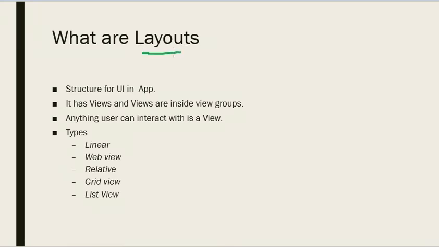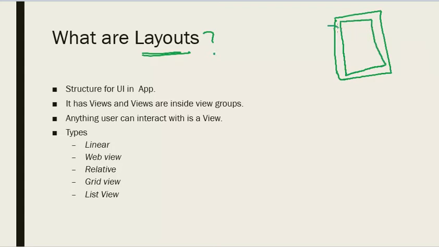So what are layouts in Android? A layout is actually a structure in your activity. It's in an XML format, and it's the structure in your activity that you see, this kind of UI. These UI elements are contained inside this layout. You have these buttons and those text views, those list views, everything is in this layout. So this is the basic main UI frame. You can say it's the frame of your UI elements,